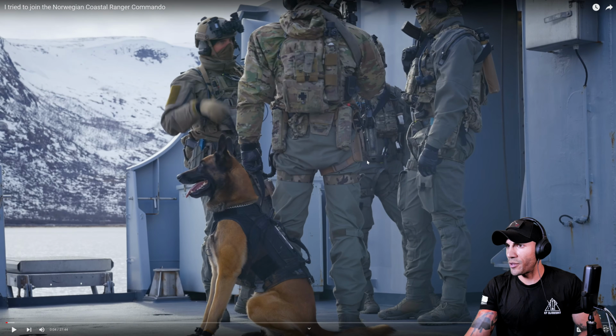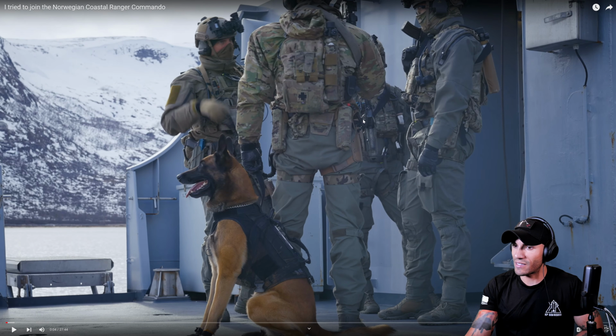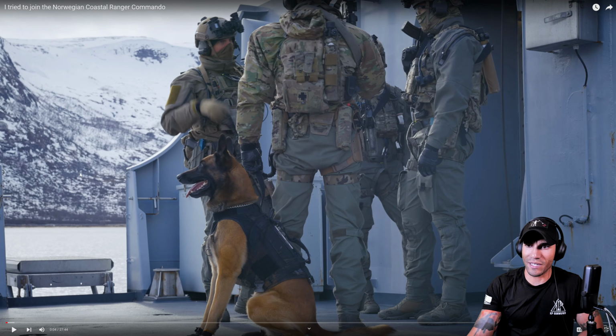You guys already kind of know the deal when it comes to gear, when we see it for the first time in the videos. These guys have some pretty solid fits. I don't know if it's a flight suit, maybe a one piece, I'm not really too sure. But then they've got the Ranger Green and the multicam mix, which is pretty interesting. These guys look pretty serious, and looking at the environment they're in, you kind of have to be serious,